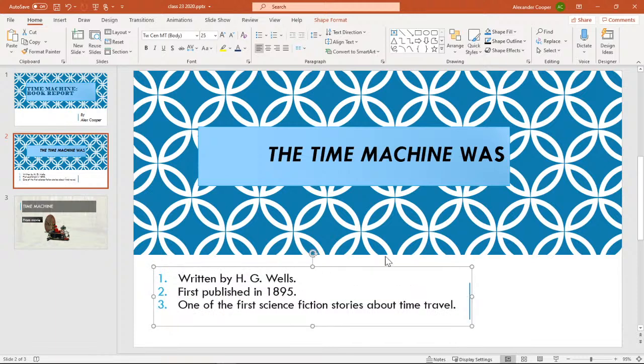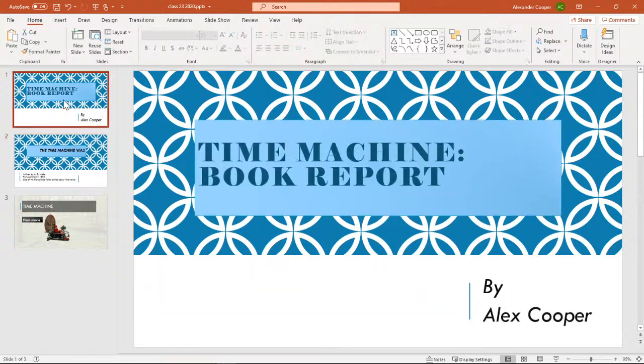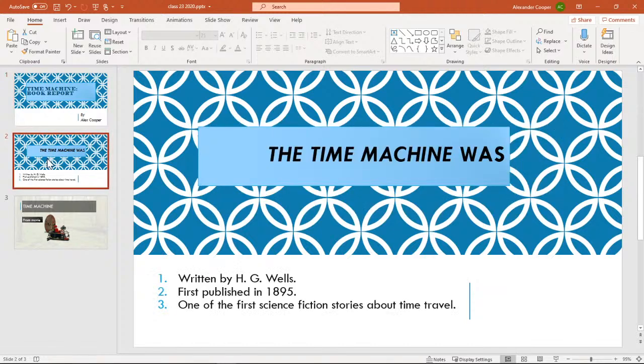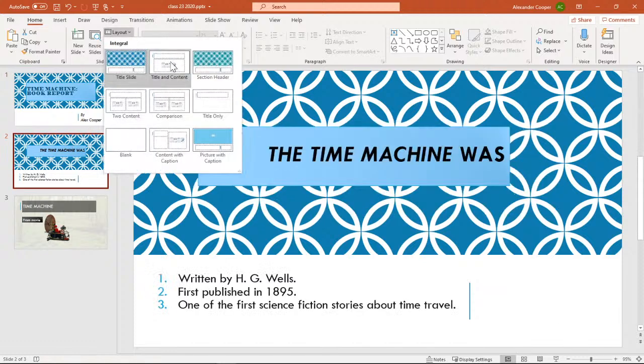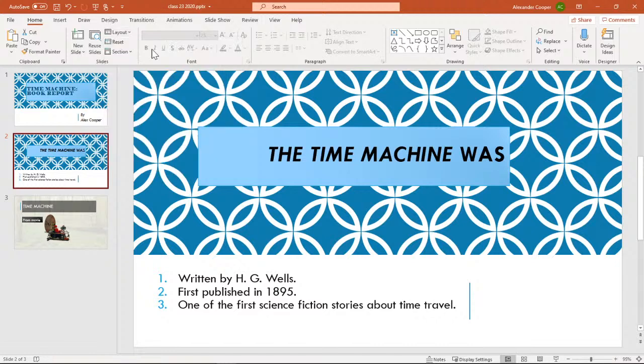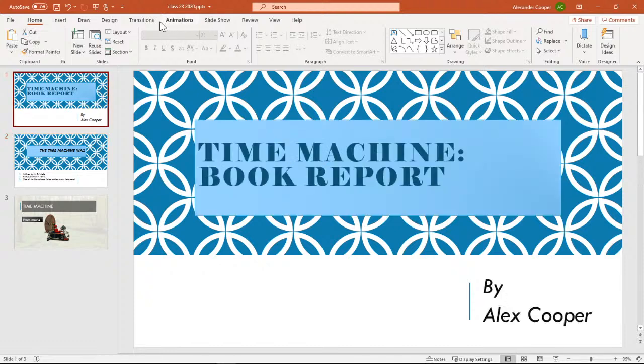There you go. You've made it the way that you want to. So do realize when looking at themes and templates and stuff, it may be that you need to go back in and change the layout to actually change it to what you want it to be, okay? If that makes sense.